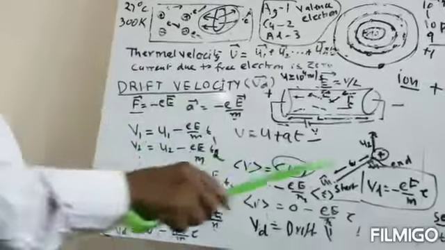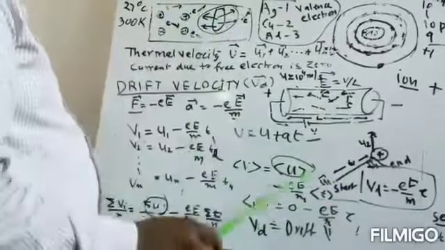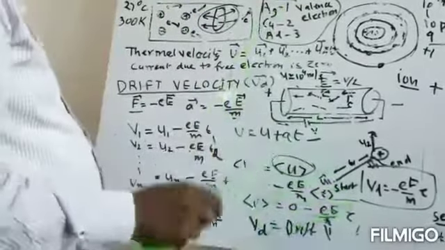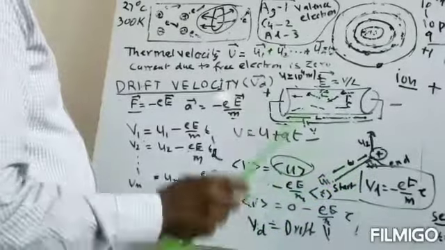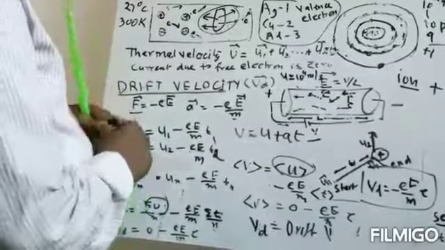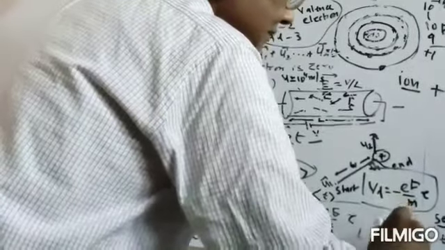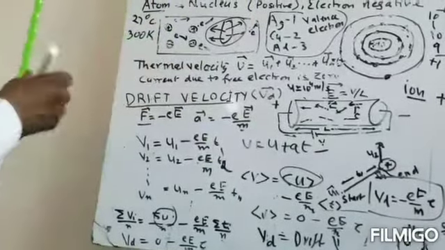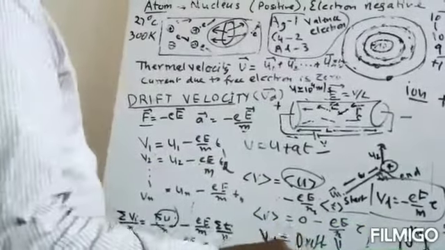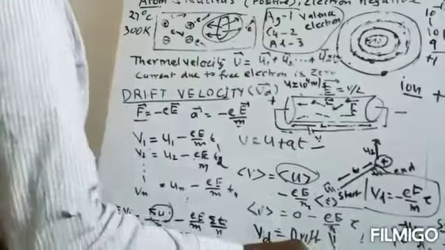Similar to the relaxation time. What is the relaxation time? Relaxation time is the average time for the collision of an electron with positive ions. And the order of this time is 10 raised to minus 14 seconds. The relaxation time is very short, and that is equal to 10 raised to minus 14 seconds.